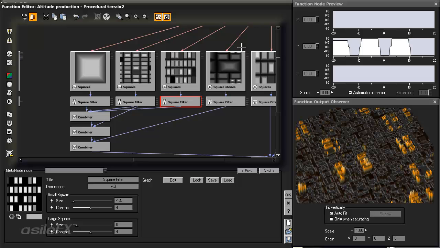And even though I just went through and replaced all of these, there is another thing I want to show you. Right now we have 3 different outputs: the mix, the large, and the small. In order to connect those, we have to disconnect the current connection and reconnect it to choose the output. Well, if we want to create a more advanced metanode, we can use checkboxes to choose our connection,